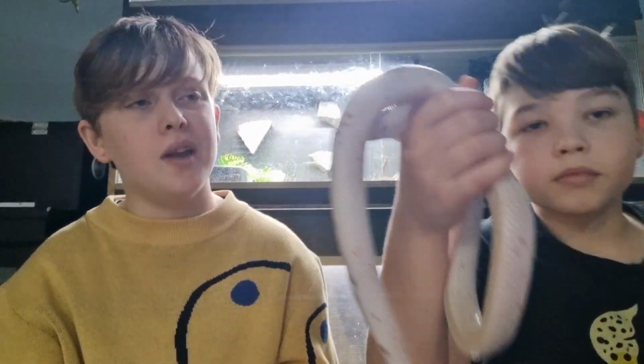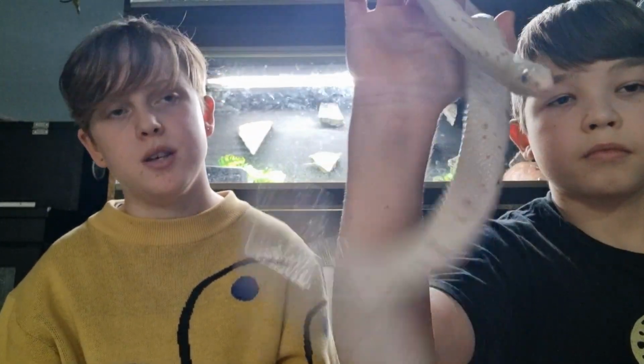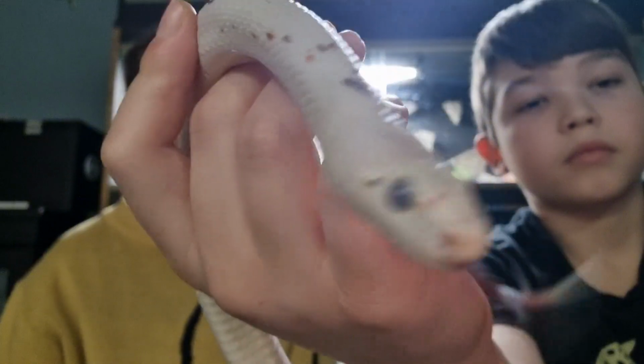They're very handleable, I would say, unless you get a feisty one. They're very pretty, whatever morph you get, and they'll go into quite a small viv. They need space to burrow, like Gilbert has said, but they are quite easy care generally. Obviously they've got a heater and a heating thermostat, like anything you would need for any reptile, but they're not as complicated as some other